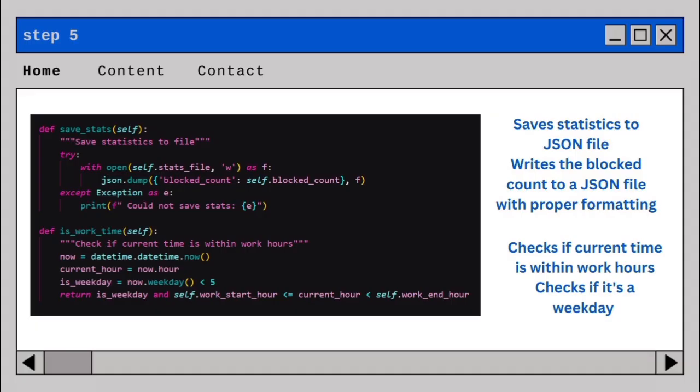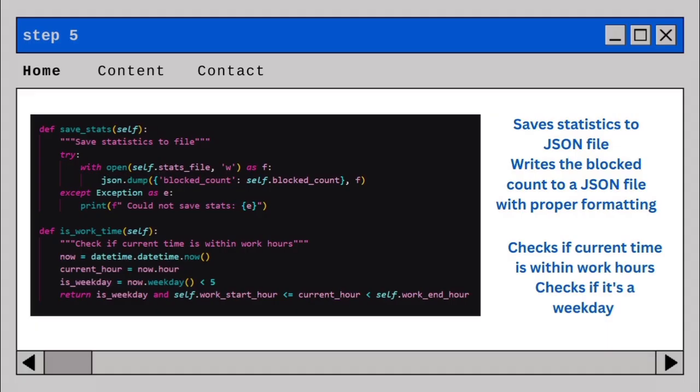Weekday returns 0 as Monday and 6 as Sunday. So basically, 0 to 4 are weekdays and the other 2 are weekend. If the program returns true, it means that it's a weekday and the current hour is between the start